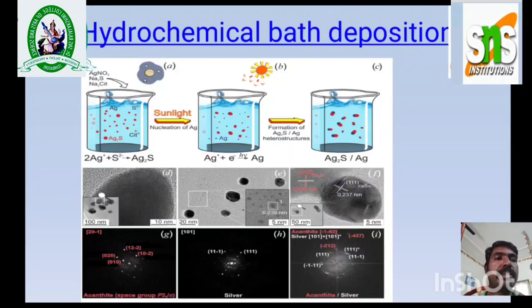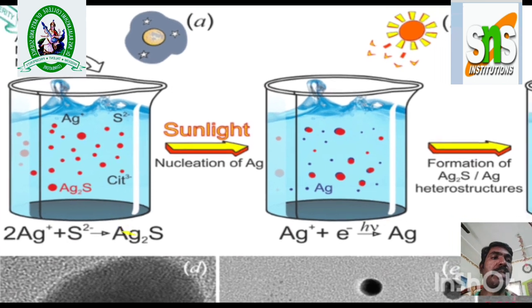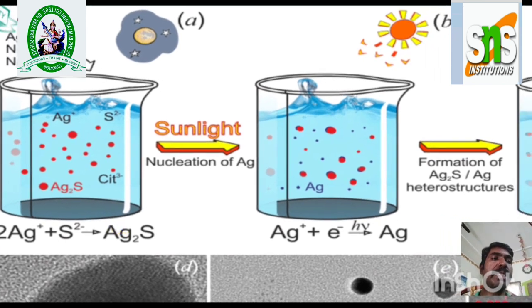Dear all, today we're going to discuss hydrochemical bath deposition. So here we are taking a solution of chemicals, right? For example, in the first one, in this beaker, we have taken Ag plus and sulfur. From taking this, we're going to get Ag sulfide. Okay, so before we get the Ag sulfide,